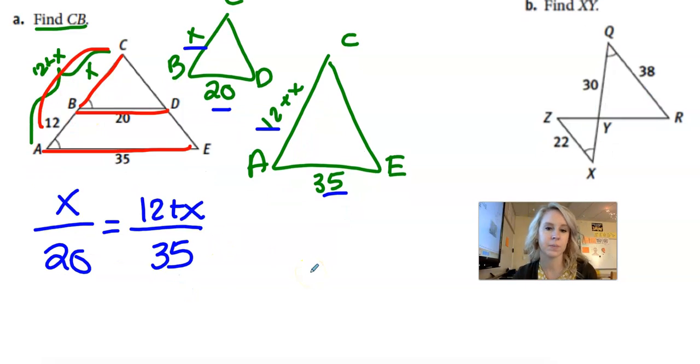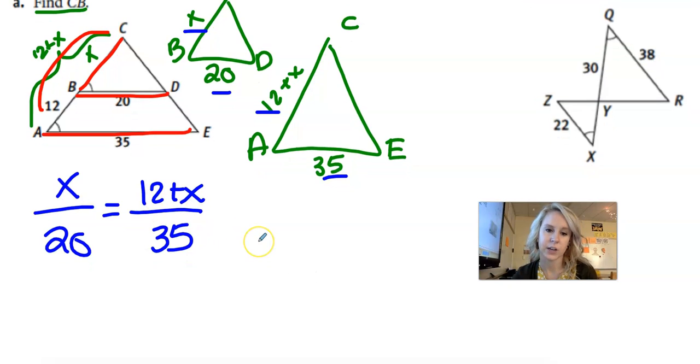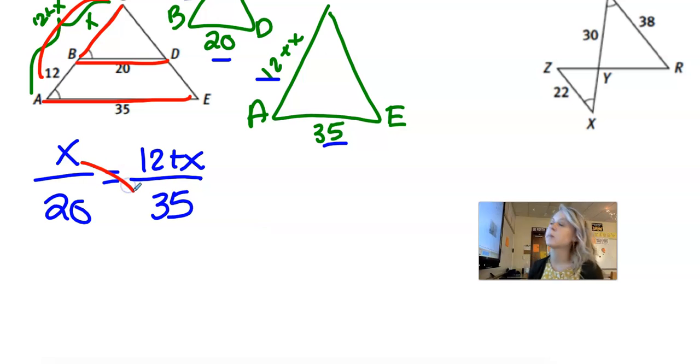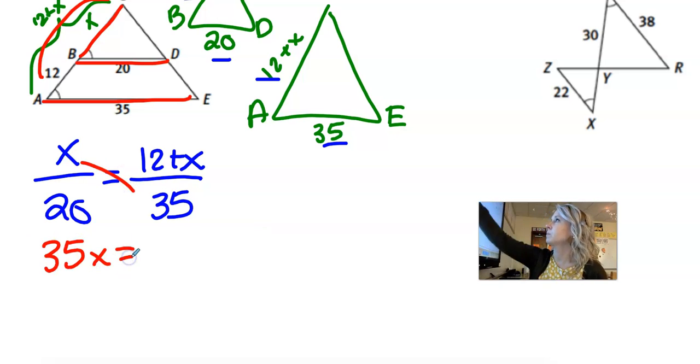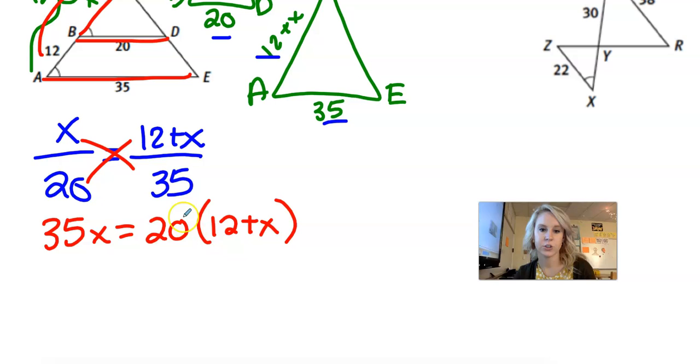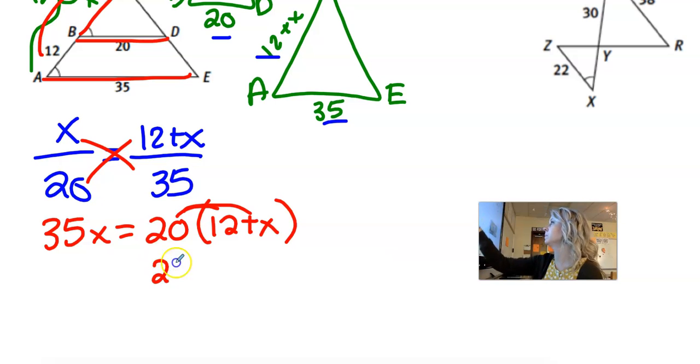So now I'm going to solve them. And it's a little bit trickier because I've got two things in the numerator. So x times 35 is 35x. And then I'm going to have to multiply 20 times all of that. So I'm going to say 20 times 12 plus x. Okay? Now I'm going to distribute 12 times 20, 240, plus 20x